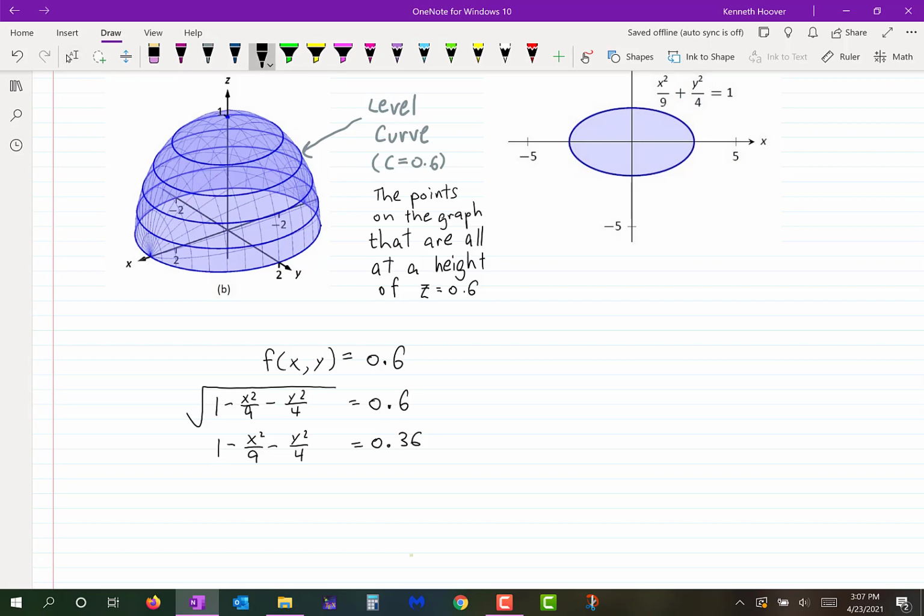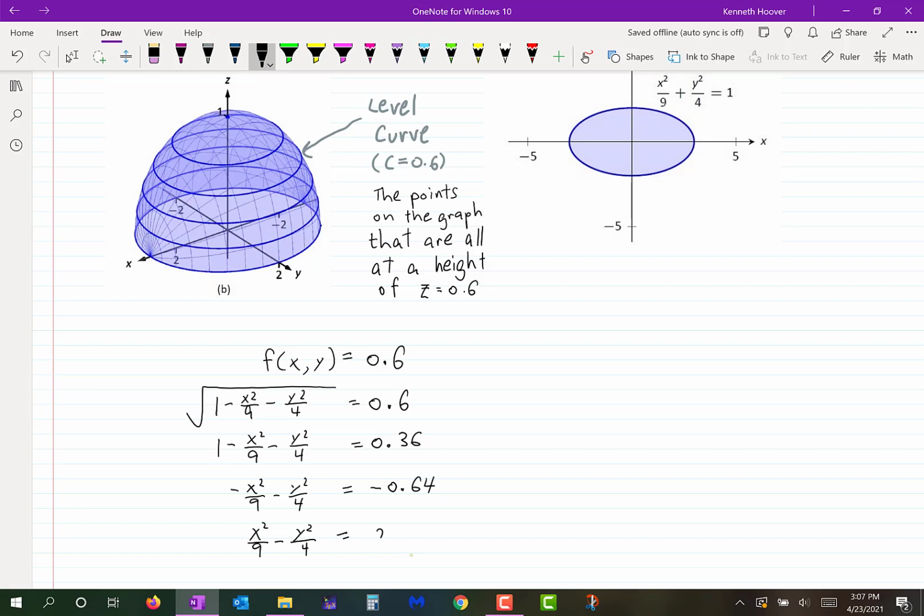Which means negative x squared over 9 minus y squared over 4 equals negative 0.64, which means x squared over 9 plus y squared over 4